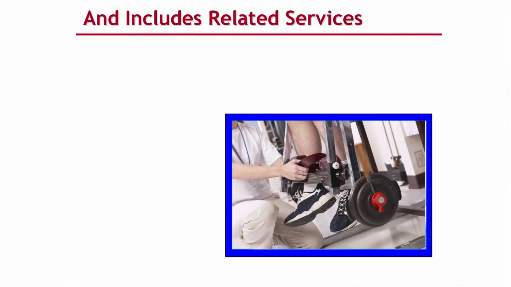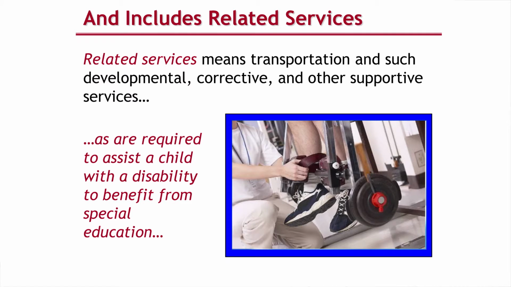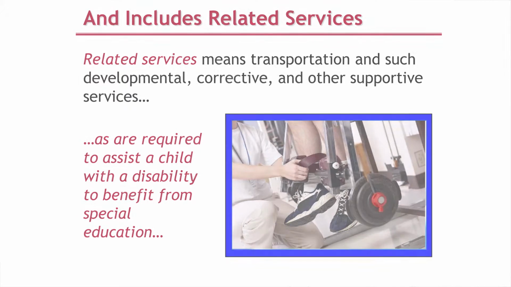The IEP includes related services, and that can include transportation and developmental and corrective and other supportive services, as are required to assist a child with a disability to benefit from special education. So related services are provided in order for the child to benefit from the special education provided. Again, going back to that example where your child has a disability in written expression, they cannot benefit from the special education provided if they have a fine motor deficit and can't physically write. So occupational therapy may be provided as a related service so that the student can benefit from the specialized instruction